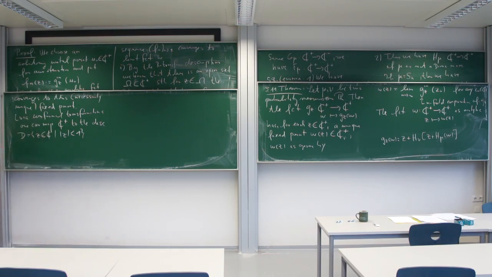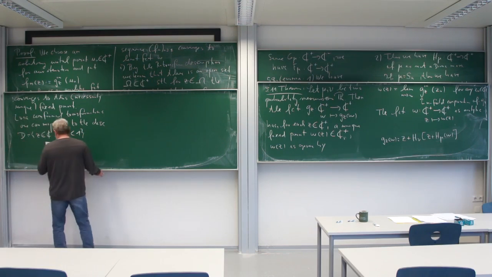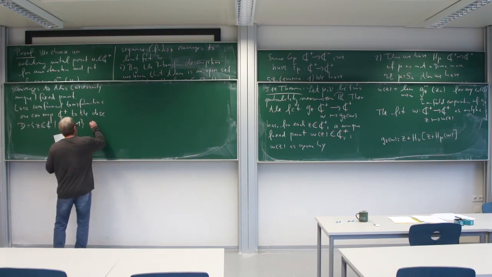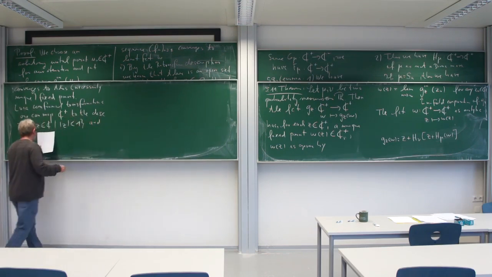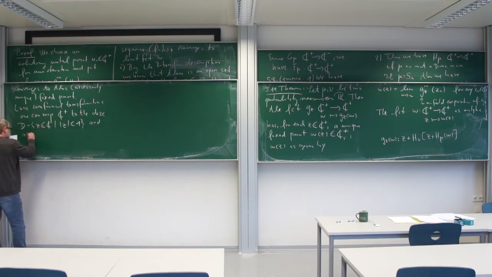And this mapping is a Möbius transformation. You can really write it down very explicitly. So you can map this to the disk, and then you can assume, by doing some other transformations,